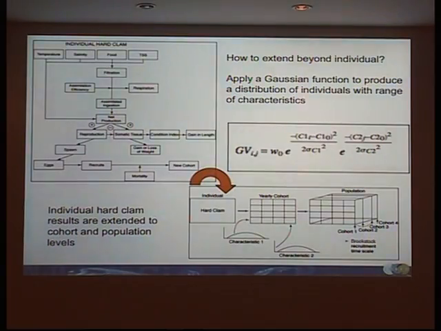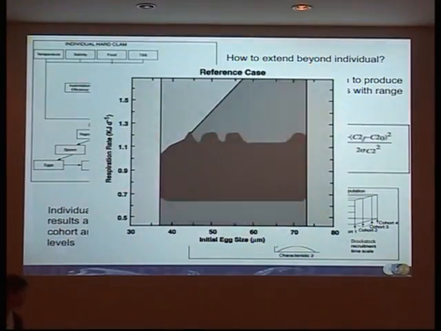So you do this and you pick the characteristics you want, and you build up a series of cohorts based upon the spawning events, which are usually 1 or 2 per year or a season. If you do that, you get this kind of picture here. This is just an example, where the respiration rate, the first simulation would be here at 1, where that would be the one individual-based simulation. And then you vary respiration rate, this would be double the value at 1, this is half the value at 1, and then this is the initial